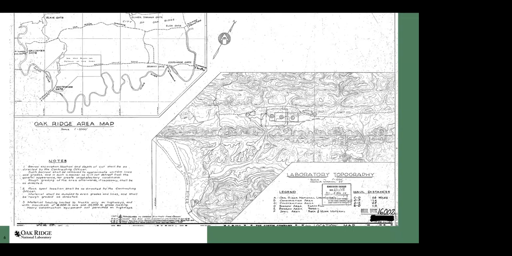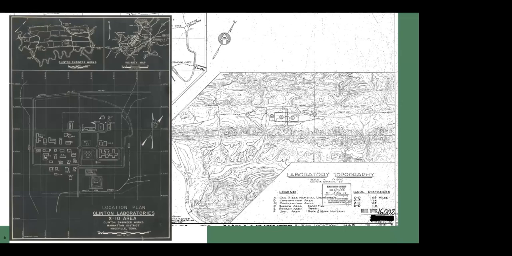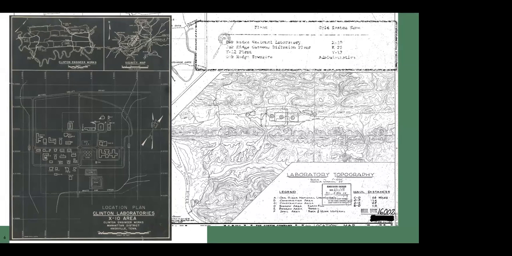The other interesting thing is there's black marks in there. And if you look very closely, you will see that what that says is that it was declassified on 6/11/1958. So this map was actually a secret document because that's where all these operations were going on, right? So originally, and this is one of the old lithographic maps that I found at the lab, there is a name of a person inscribed at the bottom left corner who created this map to scale. And then you can see the true north versus the Oak Ridge north.